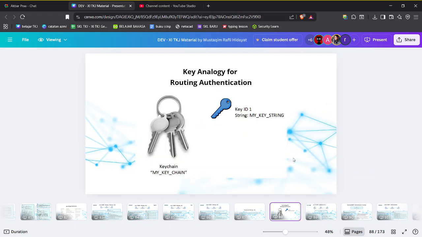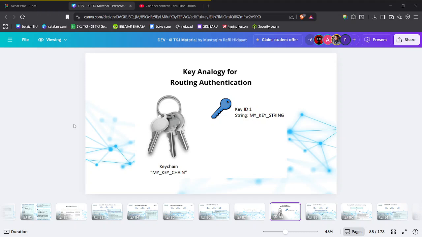So here, next I'm going to tell you about the key analogy for routing authentication. Why do we need authentication? Imagine if someone connects an unauthorized router to your network without authentication.